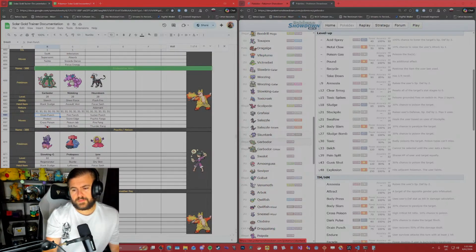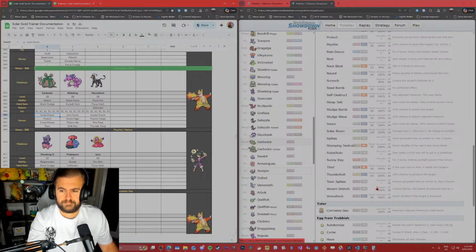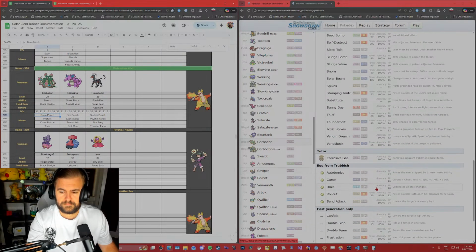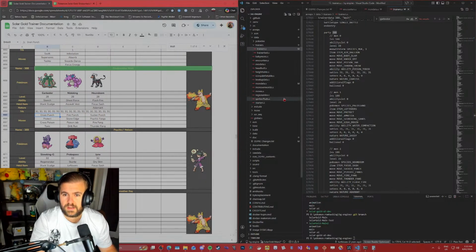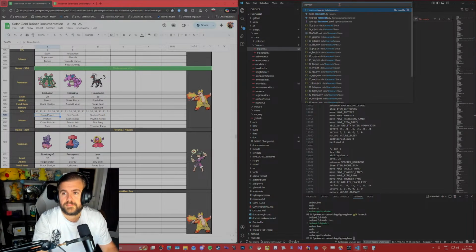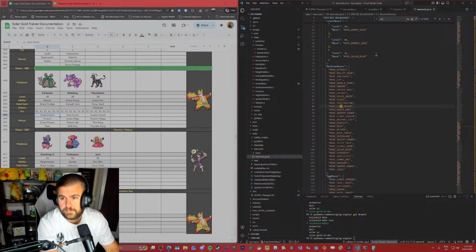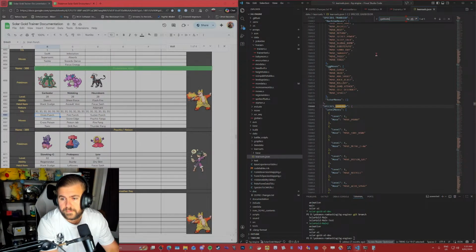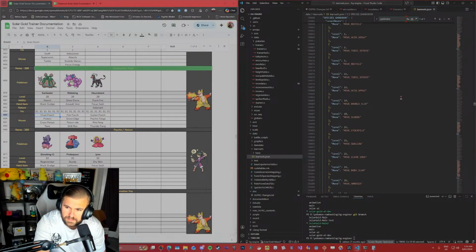I'd argue that this would just be like one of his metal moves. I wonder if he gets it in his level-up sets. I mean, he gets Metal Core, but is that it?